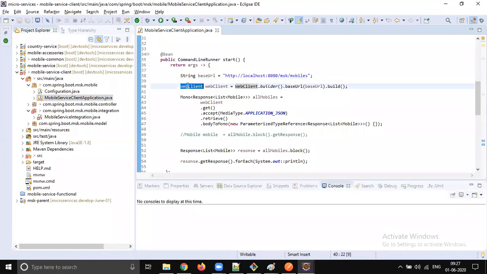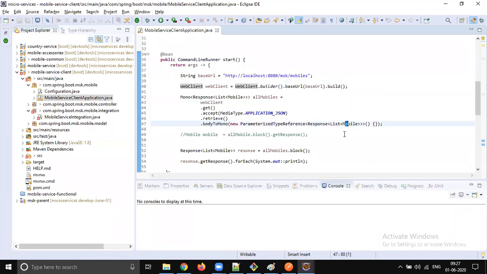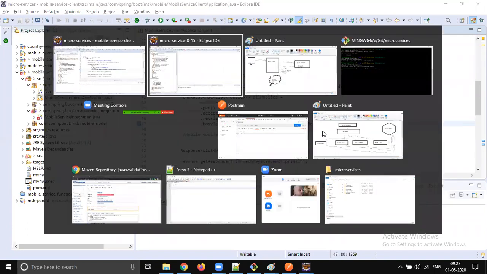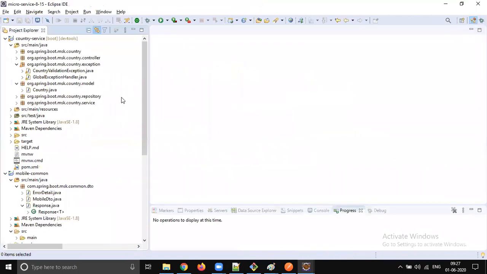We will be switching to WebClient. When you get the response from this, it won't be converted into the actual type. It will be converted into JSON, a LinkedHashMap. So to overcome that problem, we are introducing generics.